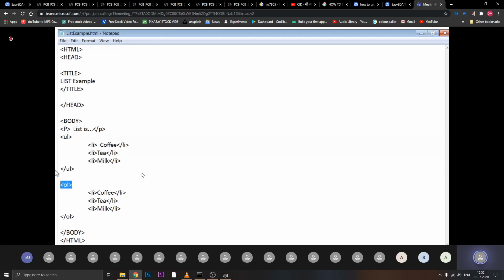Firstly I have started with the UL, then within that I have added the list. With the help of li, you add as many items as you want. The first item is coffee, with the li start tag and end tag. Then on the next line, I have added tea. Likewise, I have added milk. Once my list is over, I have closed the unordered list, UL.